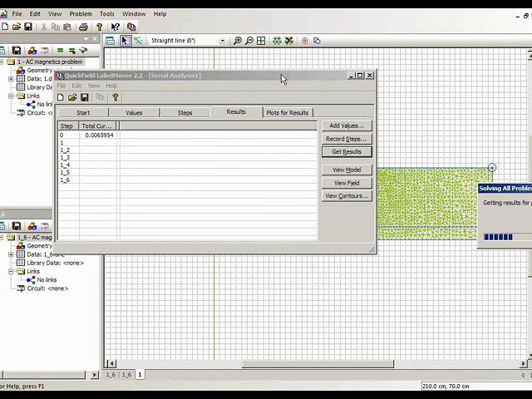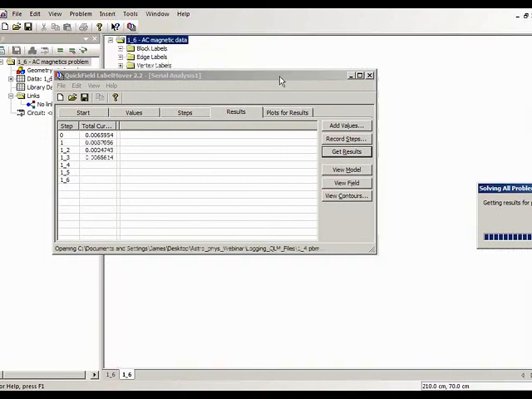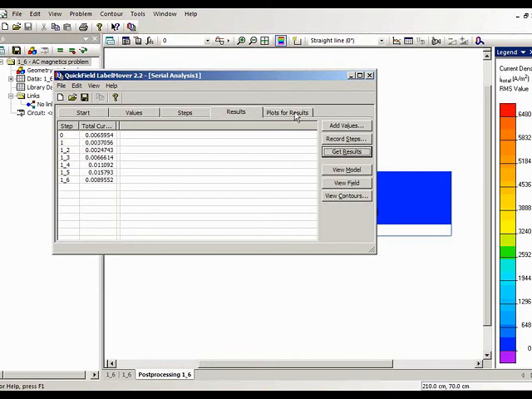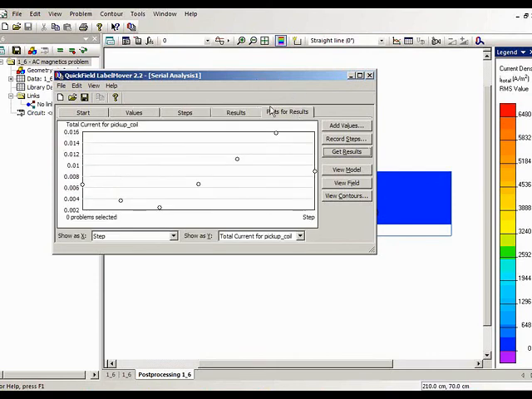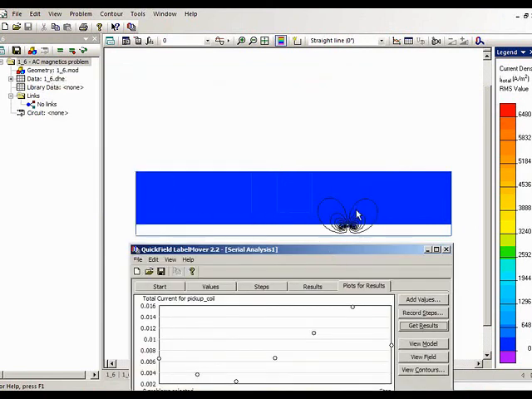Which started off at 6.5 milliamps, 3.7 milliamps, 2.4 milliamps, 6.6 milliamps, as we're moving into different conducting regions of our borehole, taking some rather large steps. Okay. And I can plot the results. So this would be the variation in the current flowing in the pickup coil as we've scanned across these different regions. I could make finer steps, of course, with greater solution time in order to translate the coil and get